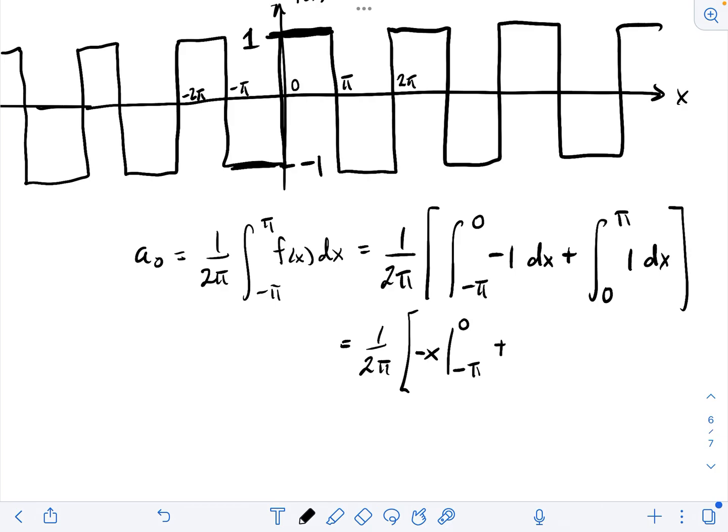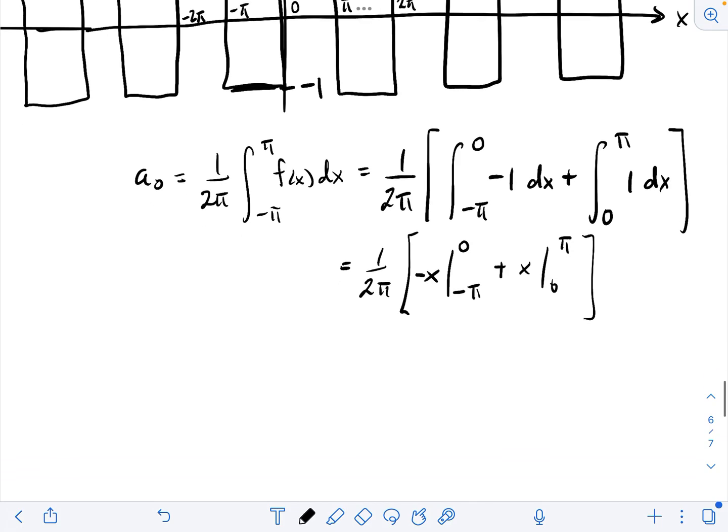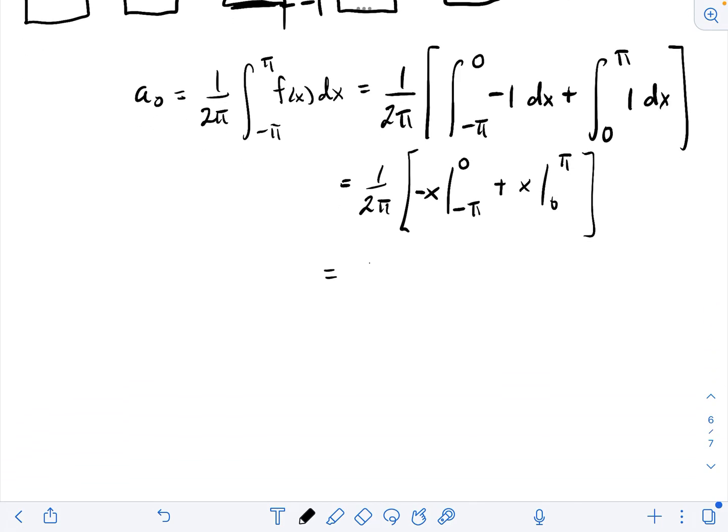Okay, so this is 1 over 2 pi, and then it's, let's see, minus 0, and then it would be plus minus pi. So I think it's like that, and then we would get plus pi minus 0. And so what we end up with is minus pi plus pi, and so that's equal to 0. Okay, good. Now,